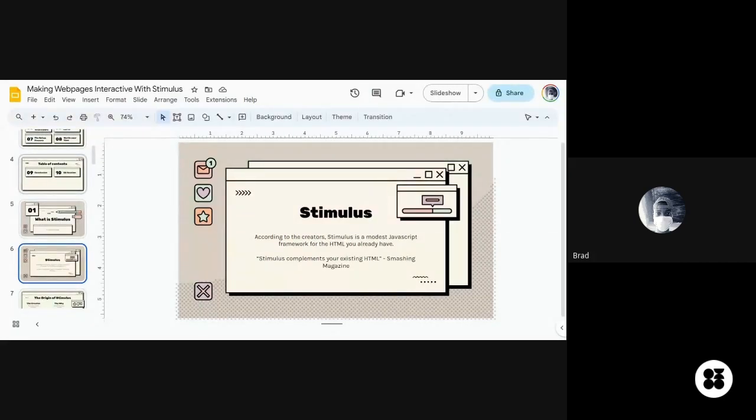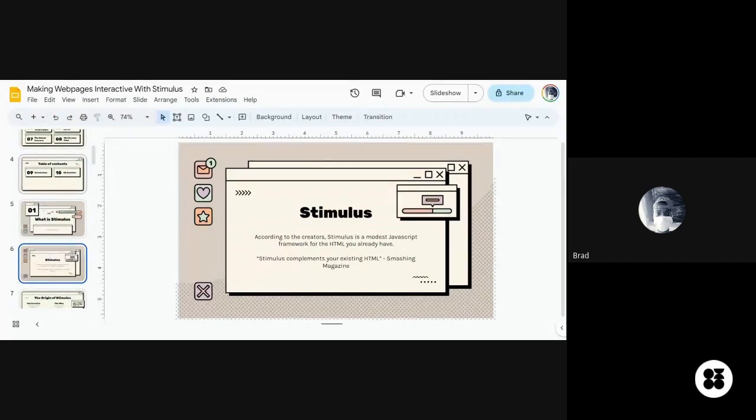We are going to see what Stimulus does and how it does it, but I just want to build this foundation that Stimulus does not concern itself with how you render out your HTML. You can see frameworks like React, like Vue, they tell you, okay, this is the way we render out your HTML. We have the server side stuff and the client side stuff and everything. But Stimulus doesn't want to bother itself about how your HTML is rendered.